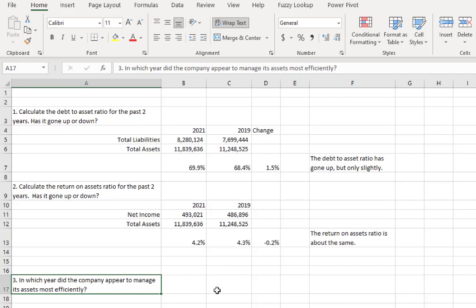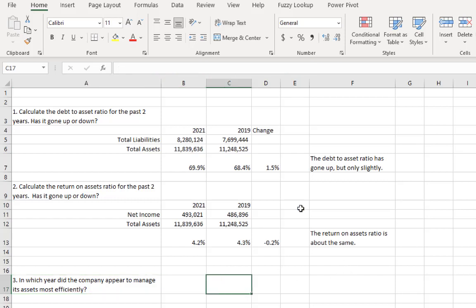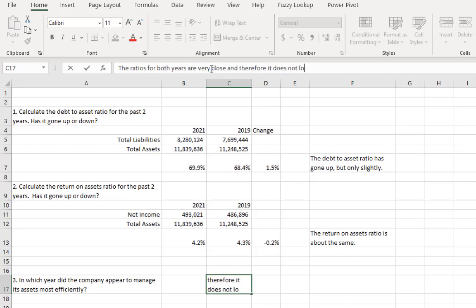So in my case, I'm just going to write a little something here that says the ratios for both years are very close, and therefore it does not look like they had a year in which they managed more